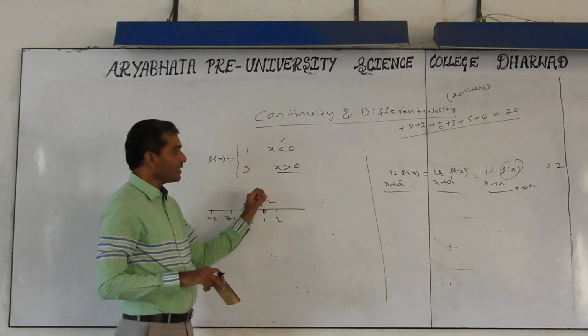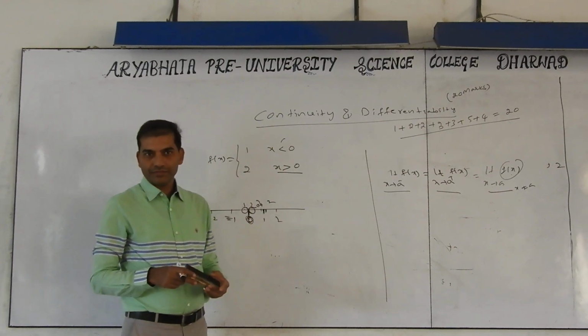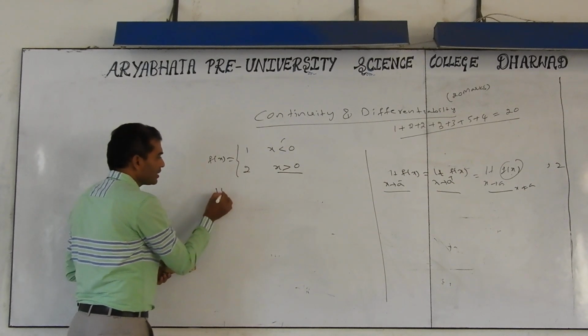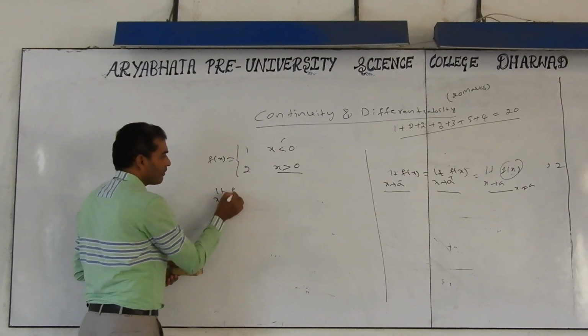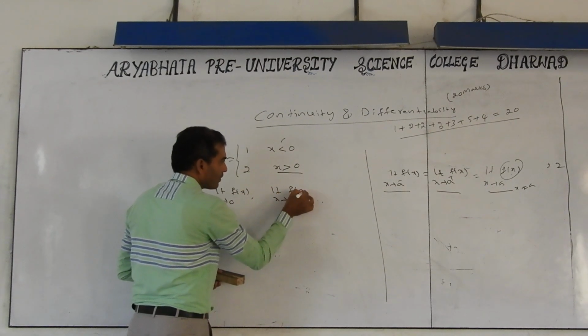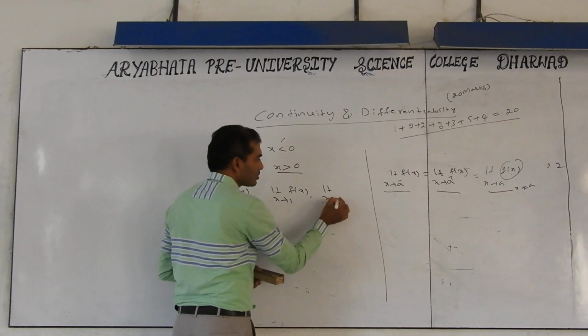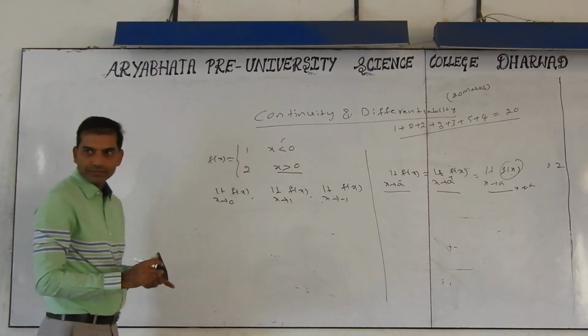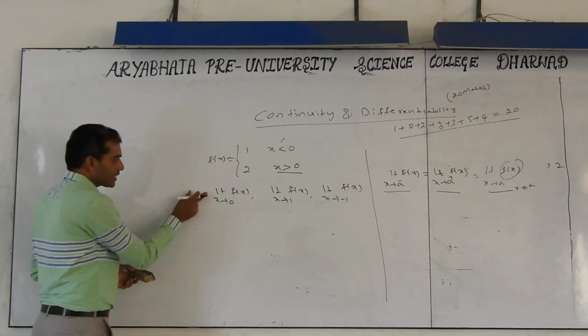So when it is changing, how to find the limit? If you want to find the limit as x tends to 0 of f of x. Next, the limit as x tends to 1 of f of x. The limit as x tends to minus 1 of f of x. There are 3 problems. How can we find them? In this case,